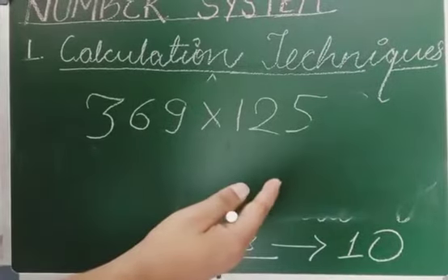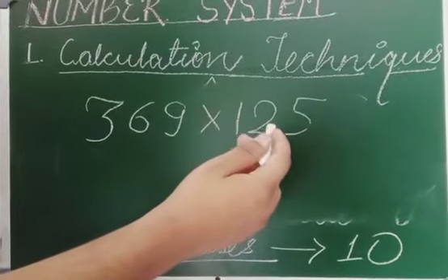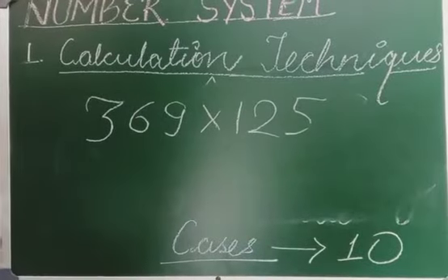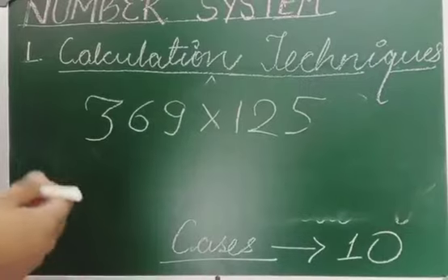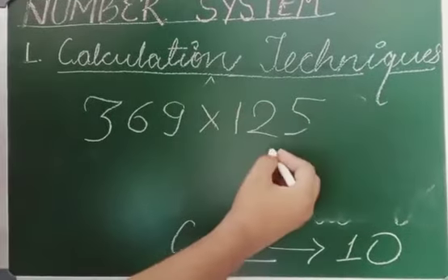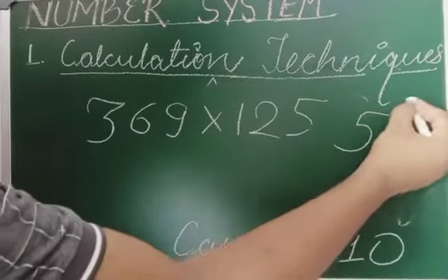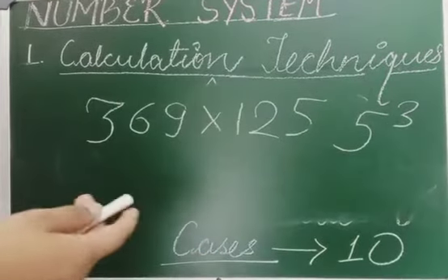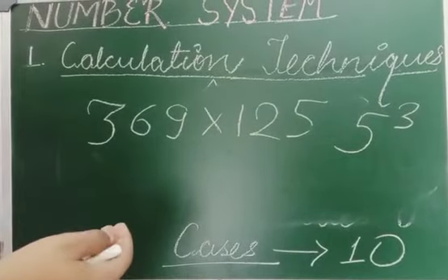In this example the number is 125, so we can write 125 as the cube of 5. So what we have to do in case 1, we have to